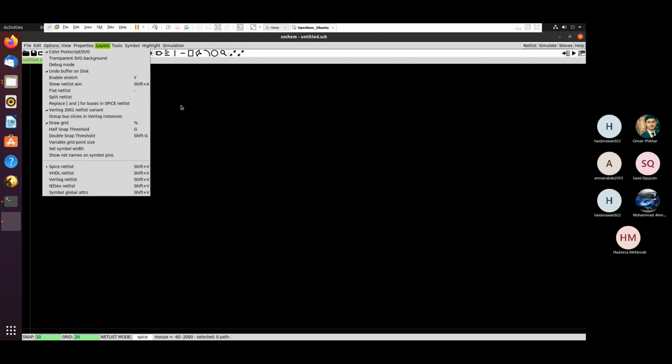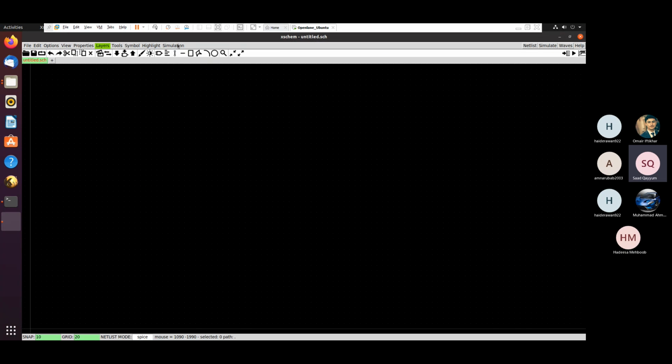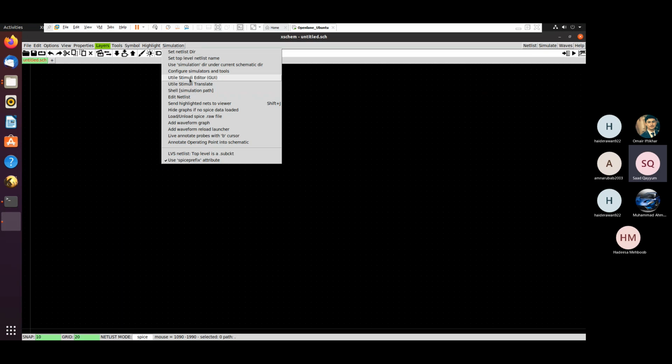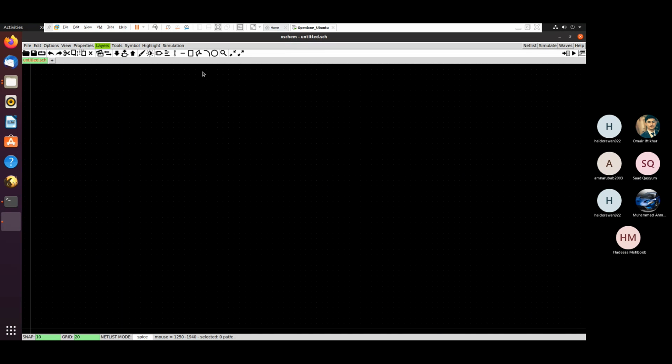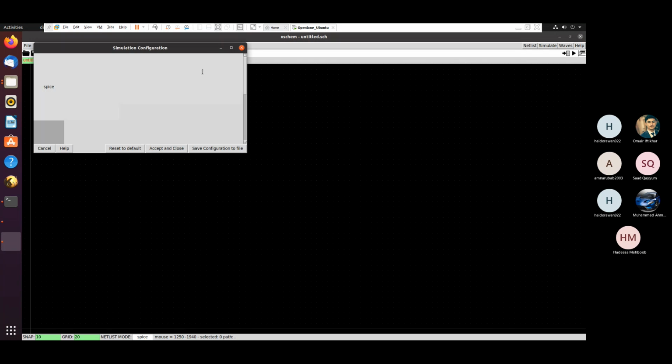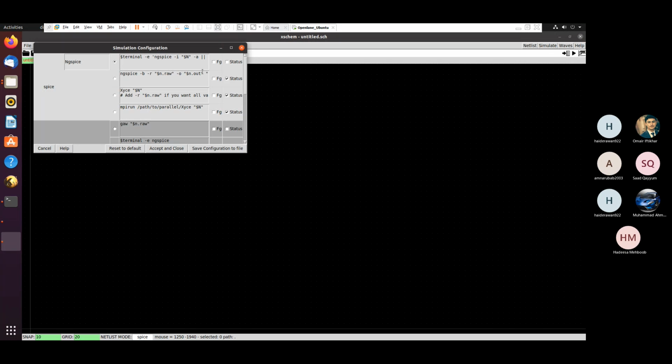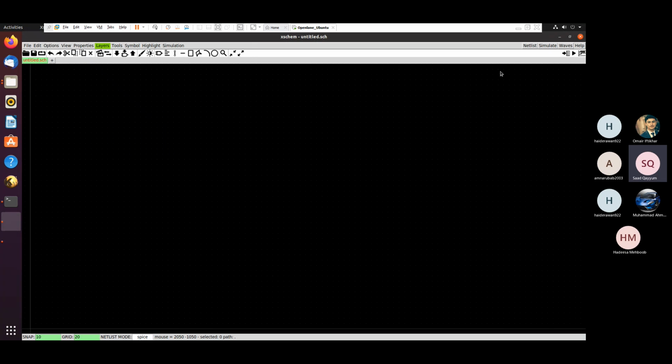Number two, you go to simulation and configure simulators and tools. And here, the first option, ngspice, should be terminal -E. It is already selected by default. And number two is